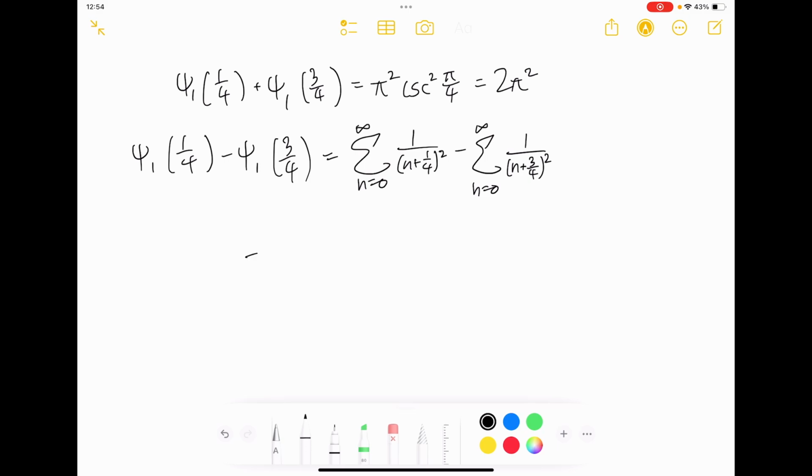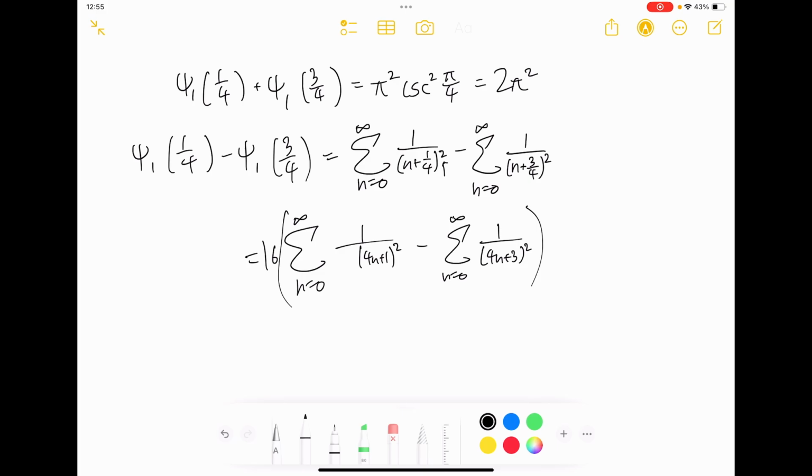And let's factor out a quarter from the bottom. Might seem weird, but that's what we're going to do. If we factor out a quarter from the bottom, we are going to get 1/16 because of this square right here, times (4n plus 1) squared. And this 1/16 I will be able to pull out front because there is also going to be a 1/16 over here, and it's going to be (4n plus 3) instead. So we have this, and then I have a 16